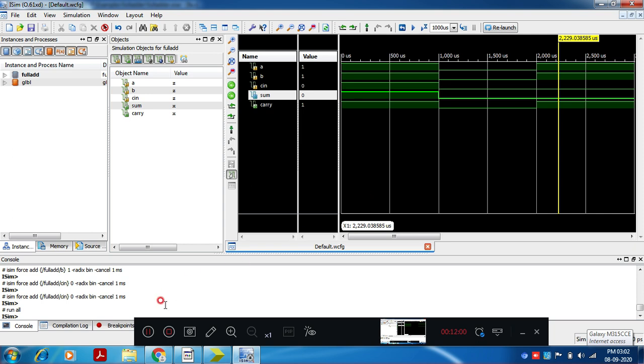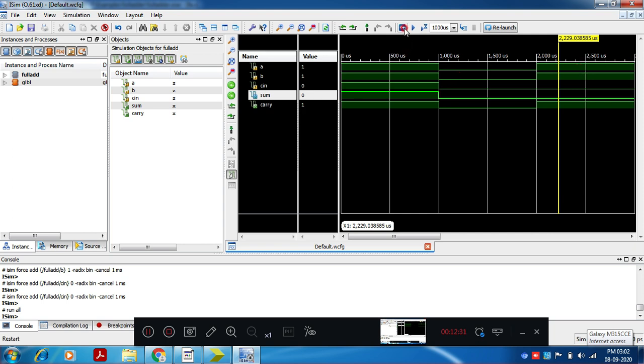If I consider one more program for execution on similar lines, where I will show you the usage of force clock. Here we have used force constant, that value remains same for the simulation time that we have selected. For 1000 microsecond, value remains same. For the next 1000 microsecond, next set of values. Next 1000 microsecond, next set of values. For all 8 different combinations, you can enter the value and you can check the simulation output.